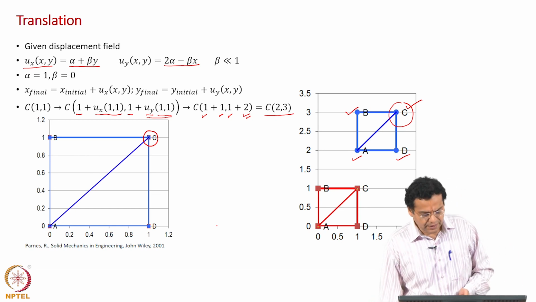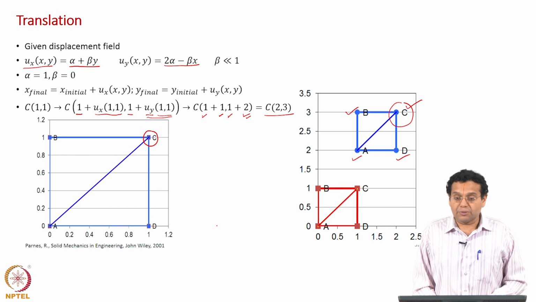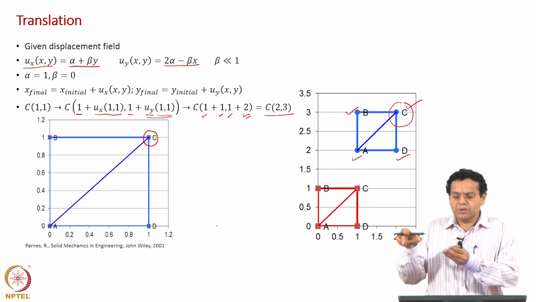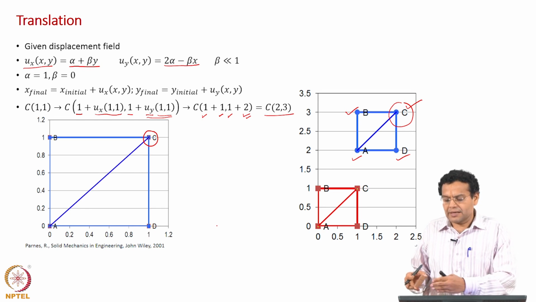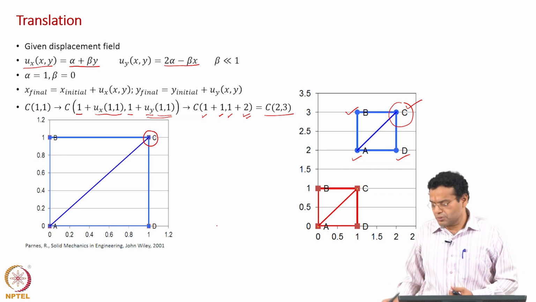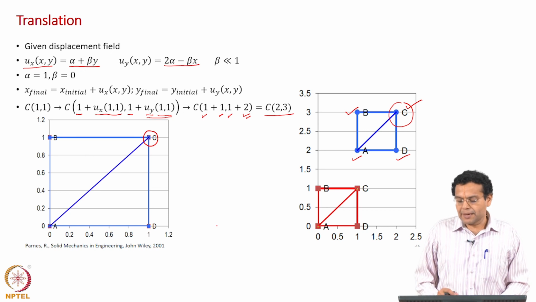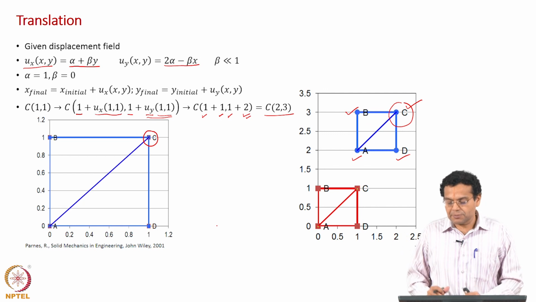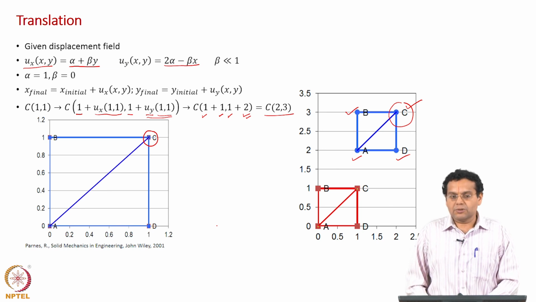And now, we will also introduce one more terminology called rotation. There is no rotation also. The plate was like this, it just moved, and one way to assess rotation is based on the diagonal. If you look at the diagonal, there is no change at all. So, to conclude this case, alpha equal to 1, beta equal to 0, the plate, remember there is displacement because all the coordinates have changed, but the displacement is because of translation. And there is no normal strain, no shear strain, no rotation.